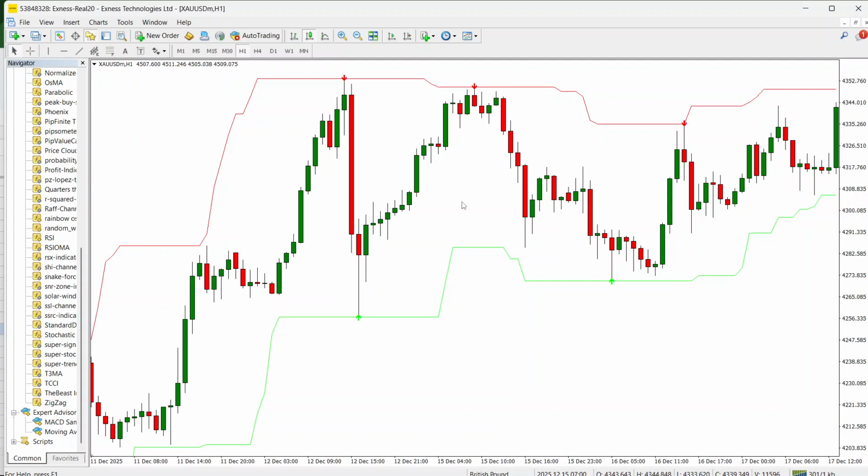The super signal channel displays two dynamic lines on the chart, typically green for the upper boundary and red for the lower boundary, creating a visual envelope around price action. Green arrows appear as buy signals showing entry points for long positions below, while red arrows serve as warnings for sell trade entries above. The channel adapts continuously to changing market conditions, with the lines and dots providing both directional cues and visual boundaries